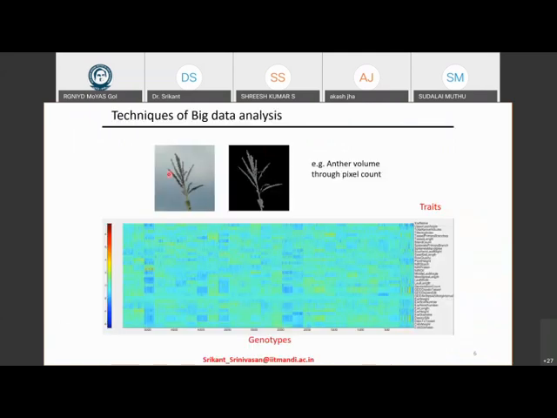So here is another example that I've called the slide techniques of big data analysis. If you see the top part of the corn plant or the maize plant, this is called a tassel. This is where all the pollen comes out. Okay. So if there is a lot of pollen, that means you have a lot of yield. So what you can do is, if you have these image processing techniques, then you can automatically estimate across different varieties what is going to be the potential yield. And beyond this, you can also have various other traits.